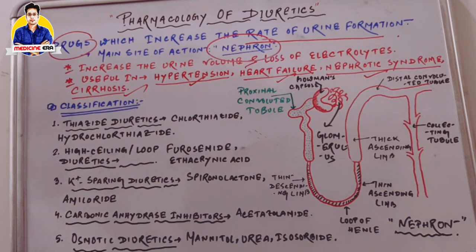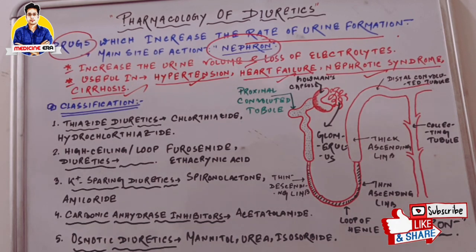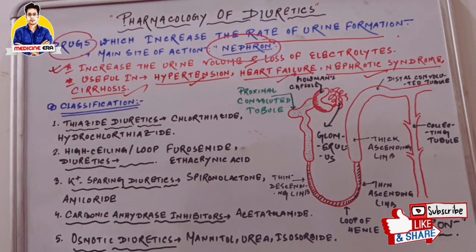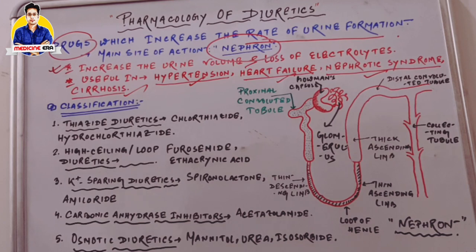What is the classification of diuretics? At first, before discussing the classification, we have to know an important fact: diuretics increase the urine volume and cause loss of electrolytes. Our body fluid is full of different electrolytes, mainly calcium, potassium, sodium, magnesium, etc. So when body fluid is depleted from our body, the electrolytes must be depleted along with it. Urine is a mixture of different electrolytes, essential products and also water. So diuretics not only increase the excretion of urine or fluid, but also excrete a larger amount of electrolytes from our body.